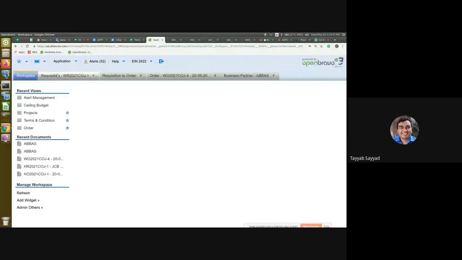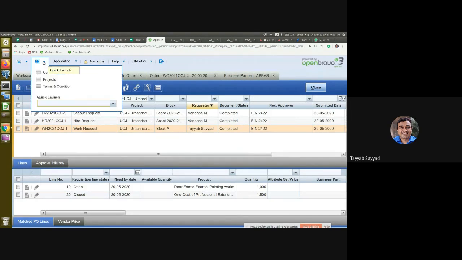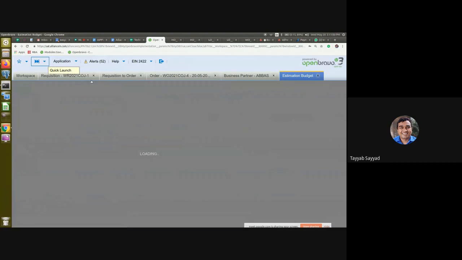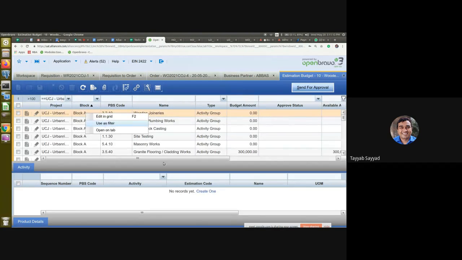So these were the key factors which needed to be shown in this session for the labor hire and work request. Okay. After raising this one, you can see that the estimation budget for these line items got used. I'm just adding the amounts.